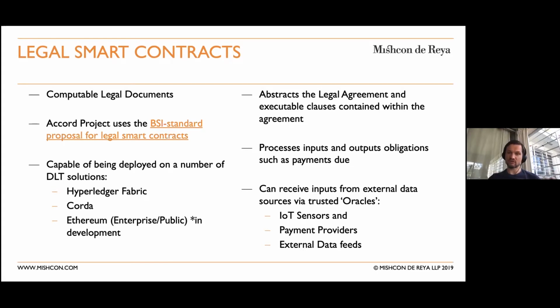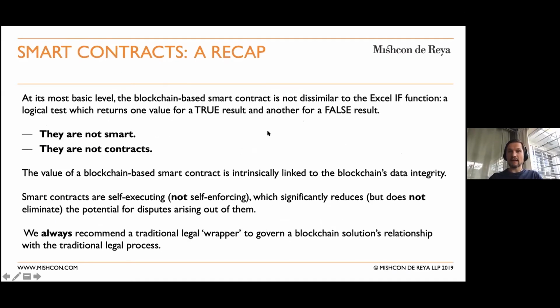Yeah, there's a lot of restrictions there. So it abstracts the legal agreement. Executable clauses are contained within the agreement. And we'll have a look at that. So we'll have a look at a real world contract where some of the contract is automatable, some of it isn't. And then we'll have a look at what goes into a clause and what can come outside of a clause as well. So really the key difference here is the binding between an existing legal agreement between parties and